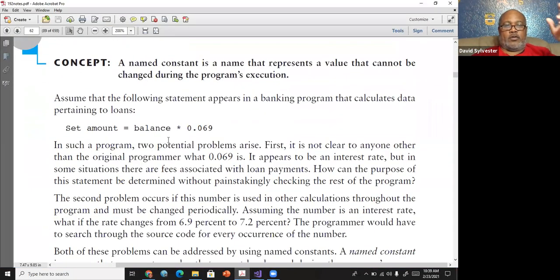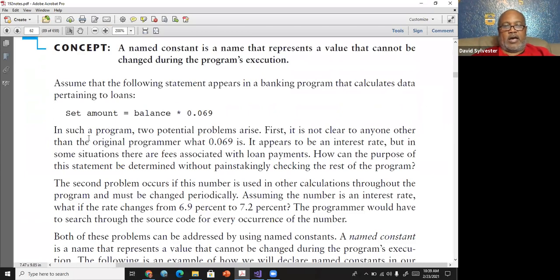Constant variables. So what happens once you set this? This looked like they were trying to do something with a particular tax, like 6.9% tax. They used it in a statement.